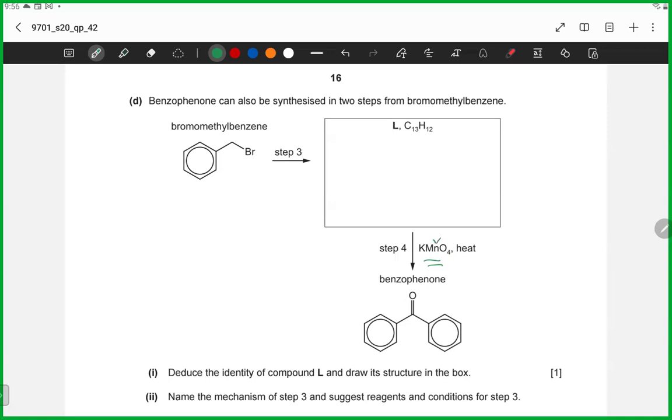So this is an oxidizing agent, and you got a ketone over here, right? So if I go back, then what should ideally happen is, if you reduce a ketone, what should you get? You should probably get an alcohol, right? I mean, it should probably be an alcohol. So let me just draw the